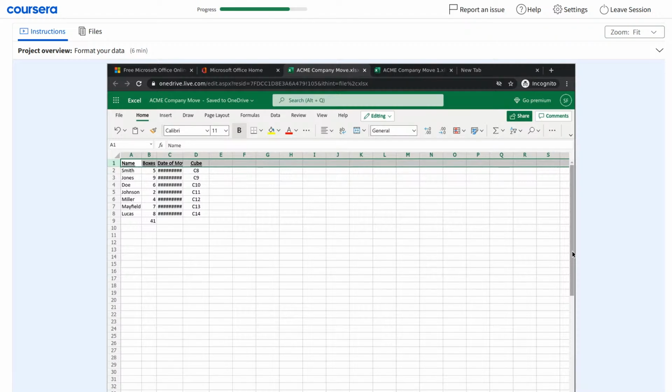Next, we're going to make this a little easier to read. If we look at column C, the date of the move is not easy to read and is cut off. We need to auto format our columns so that they're the appropriate size and all of the information is visible